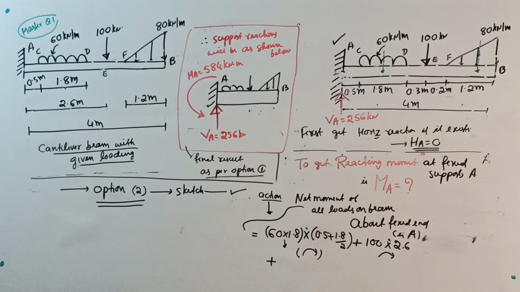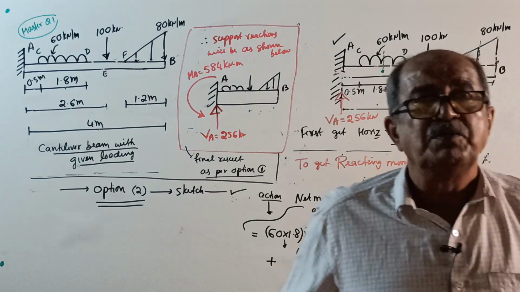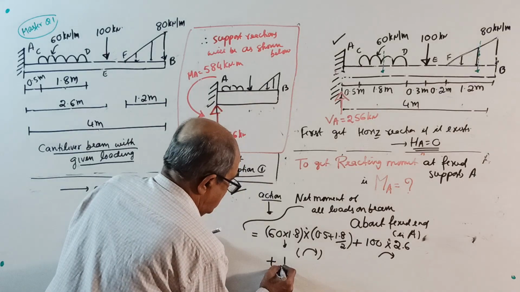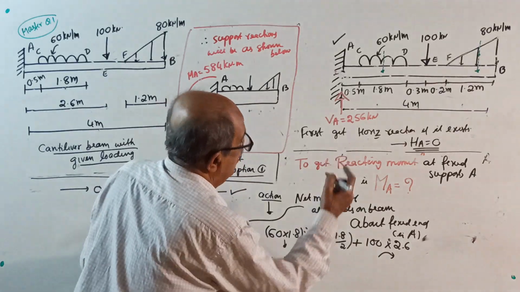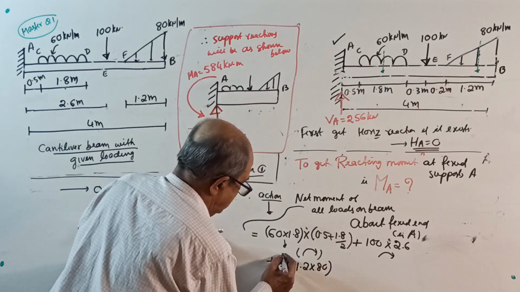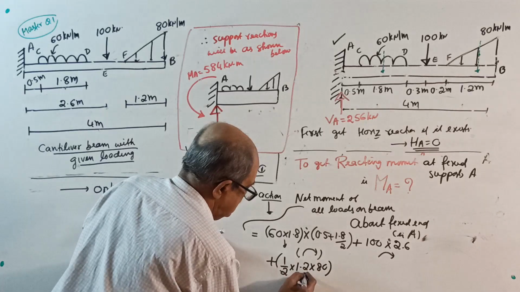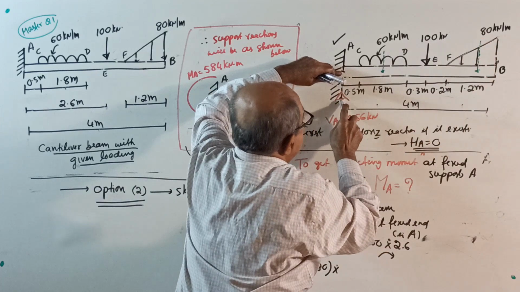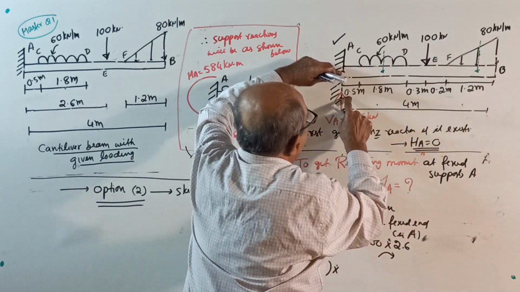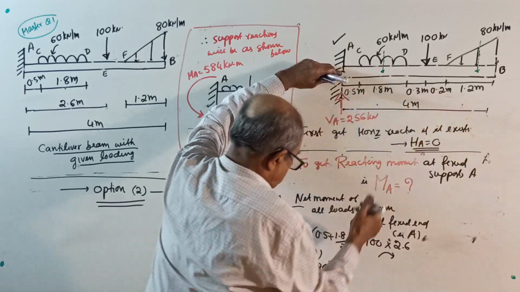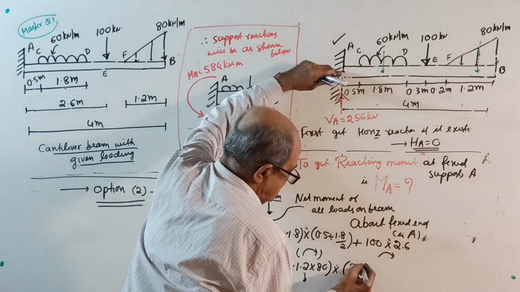Otherwise, after recording is over, if it goes out of the camera, class is wasted. Plus, how much? Half into 1.2 into 80 is the total downward load, into this distance, 0.5 plus 1.8 plus 0.3 is 2.6, plus 0.2 is 2.8, plus